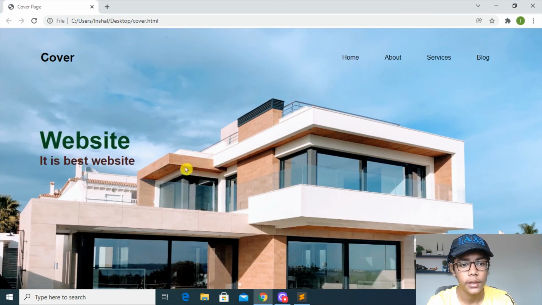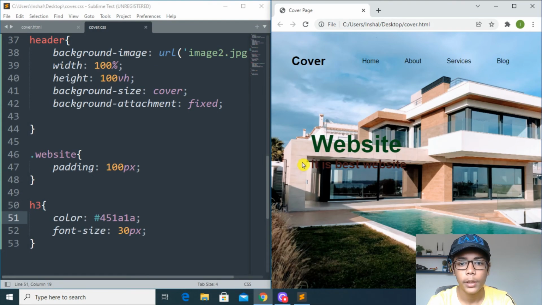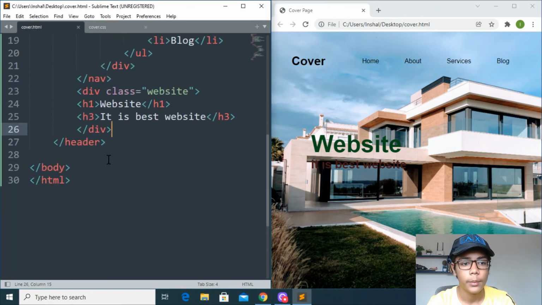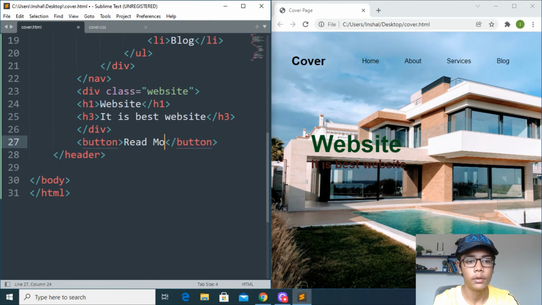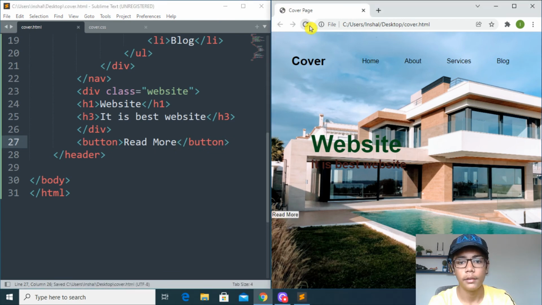So we are getting that, and now I will also be making one button at the bottom which should also look good. So here I will be coming, moving here, and writing a tag which should be button. Then here I will write the text "read more". Save here and refresh. So you can see it is coming here,